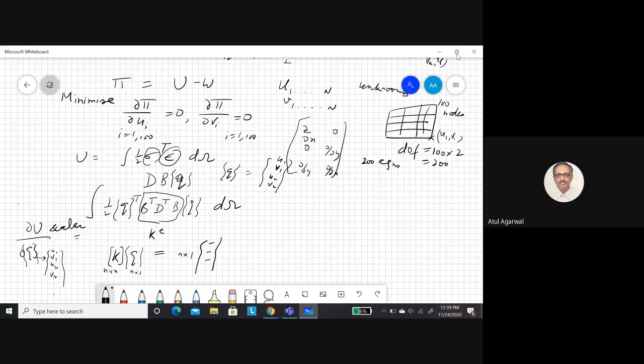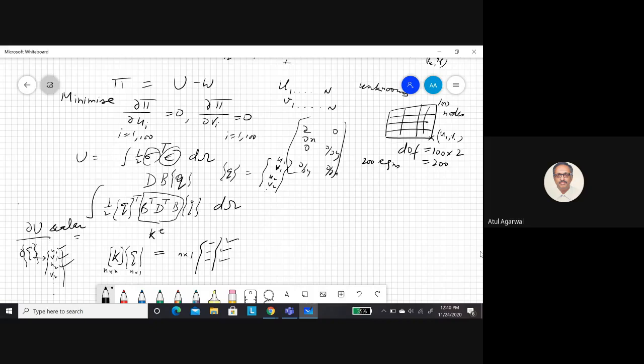First time you are taking derivative of strain energy with respect to u1, you get first term. Then you take with v1, you get second term. Third term, this term, third term. You get it? So this is a shortcut of doing this derivative, that you have got this answer. Get my point? Yes, sir. Okay, so you see, this is nothing but derivative with individual of each of them. That is why you're getting it.